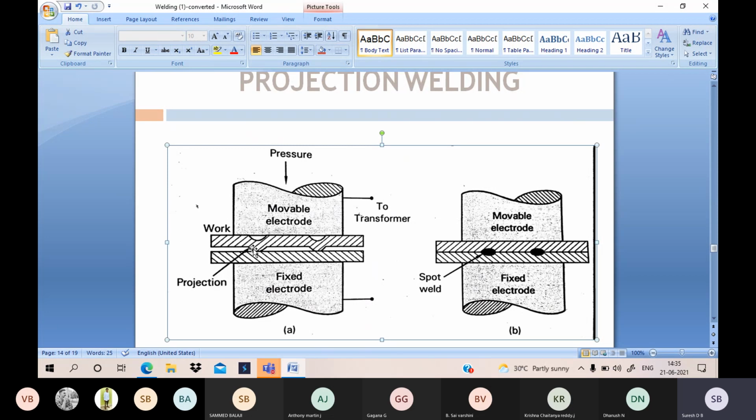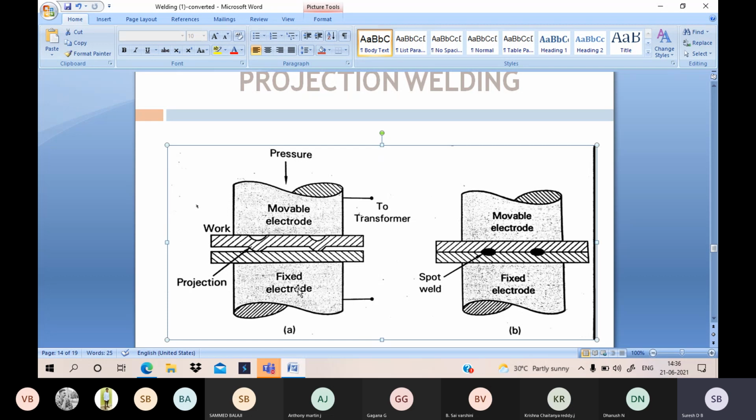In this projection welding, see here, the top portion of one workpiece is joined with the bottom surface of another workpiece. How do we join both the pieces? See here, on one workpiece, this is called a projection. The other workpiece has equal dimensions throughout the length of its top surface. On another workpiece, somewhere here the projection is produced on the top surface. Here also one more projection is present, at some other point here.